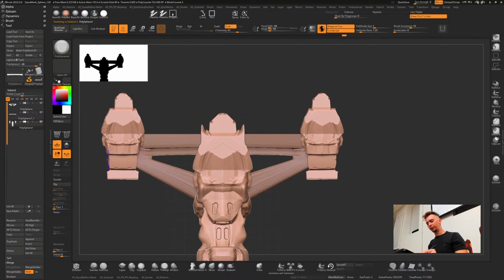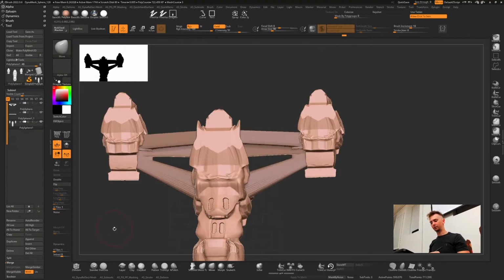Another issue is I destroyed the symmetry here. When I move this thing around, this one is not being affected, even though it's symmetrical.